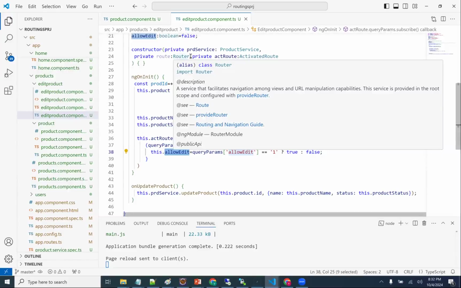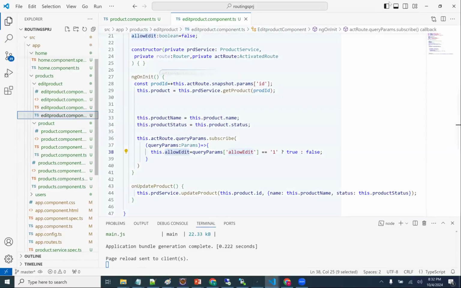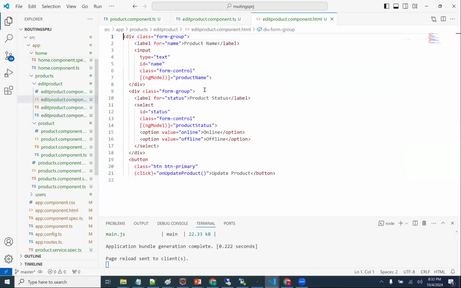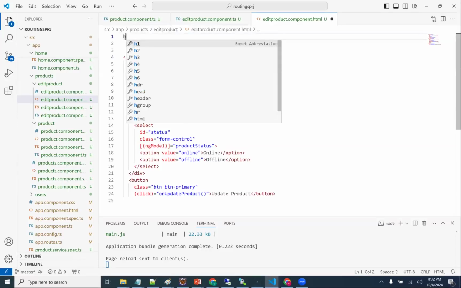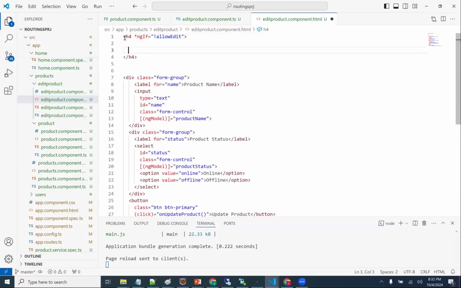Now, what I'm going to do here, simply in HTML, I can restrict, right, guys? So I'm going to edit product.component.html. What I'm going to do is, here I'm going to write H4, we'll see H4 or H3, *ngIf is equal to not of allowEdit. You are not authorized to edit this product.